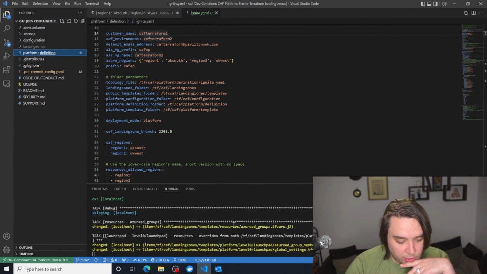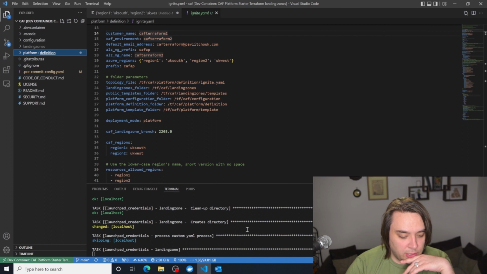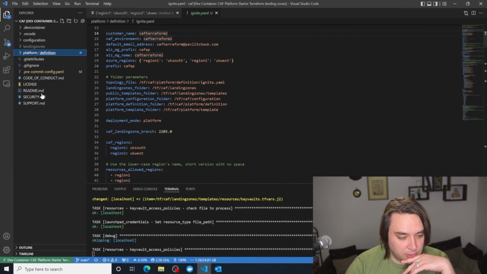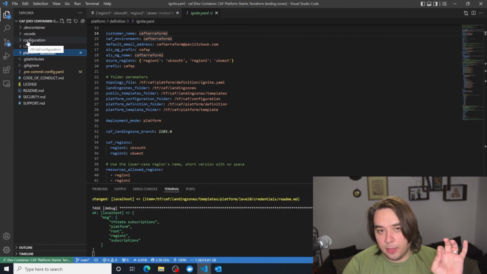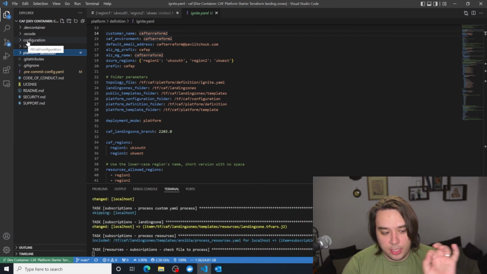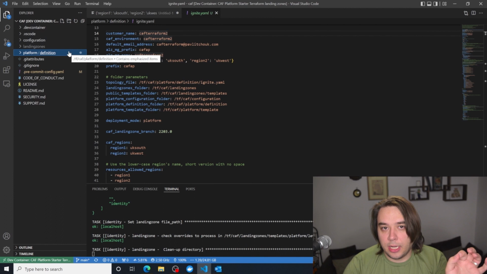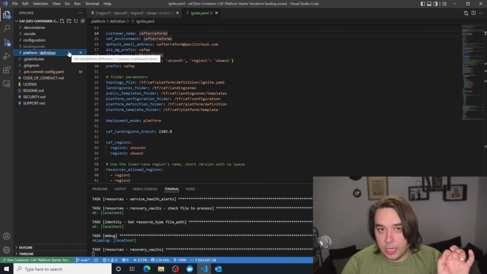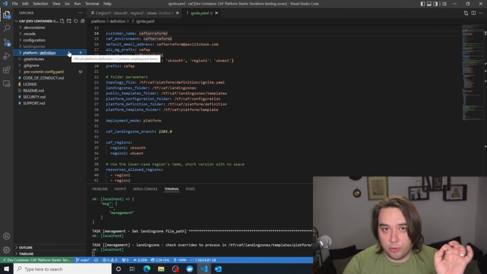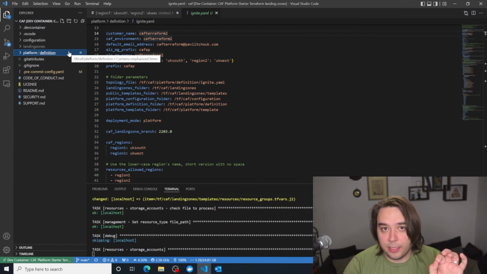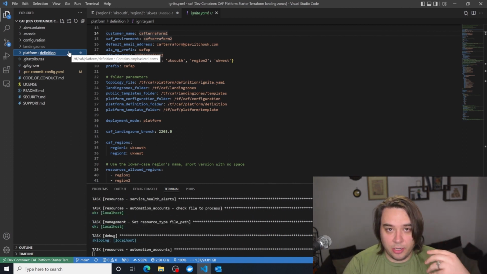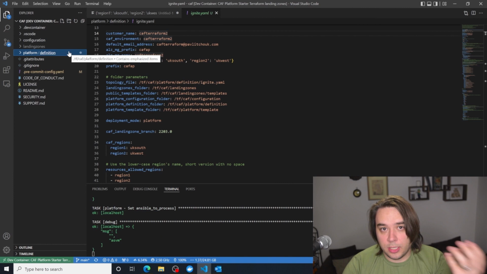Now there's a red arrow because I haven't run Launchpad before, so this is the first time I'll be running Launchpad. But what's really great about this is that when you run these YAML and Ignite, it can check your environment to see what has been created and what has not. So in this way, it allows you to do constant updates.